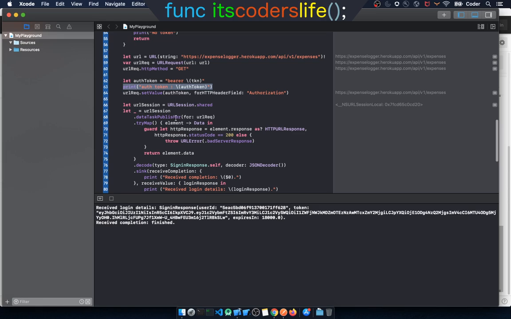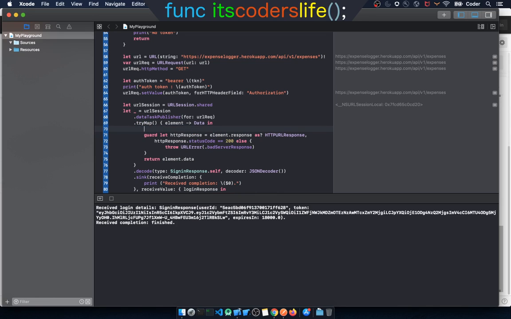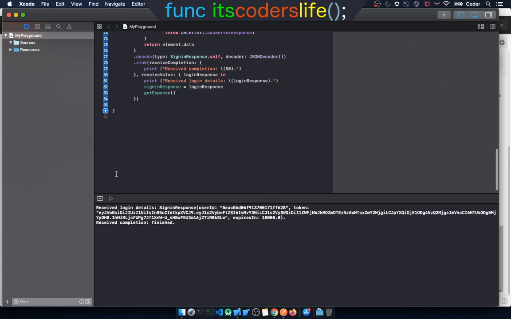Let's see where else we can put a statement. Saved for expenses. Okay, I didn't receive. So